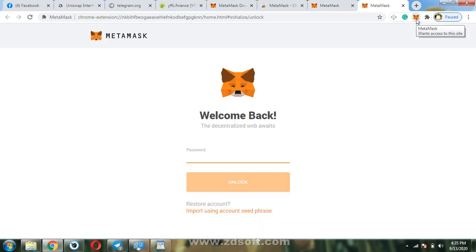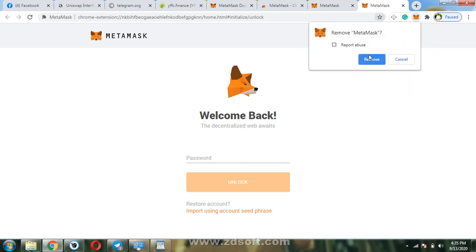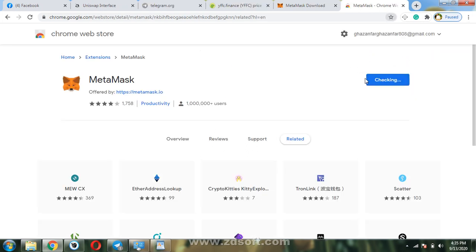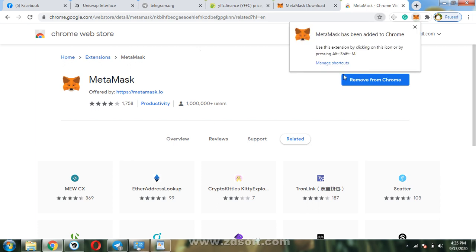I think I've lost my password, so what I'll do is I'll remove this again and download this and add extension. It will again take some time to download. I already have my seed phrase, so I'll go with the seed phrase, not with create an account.